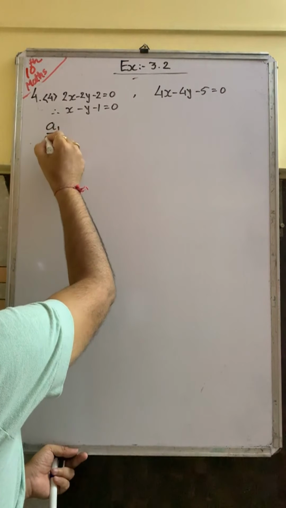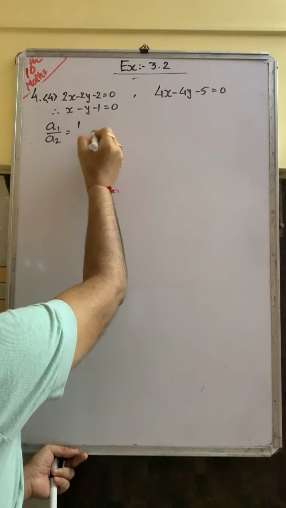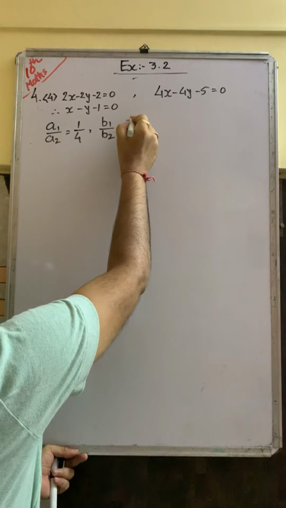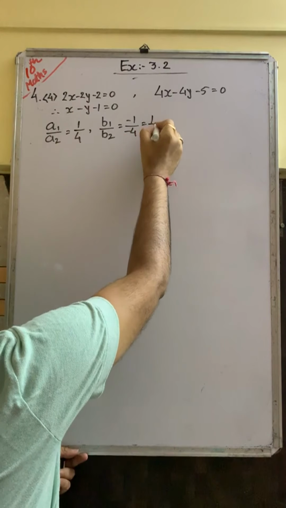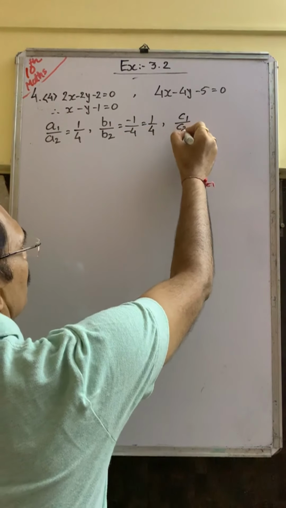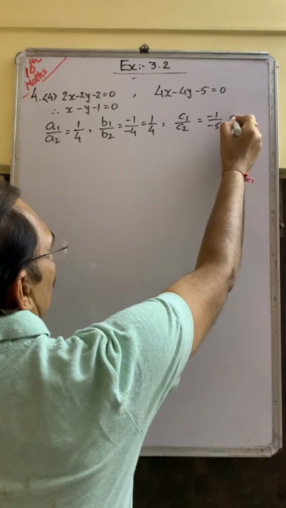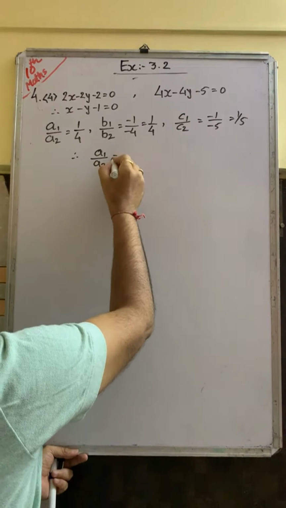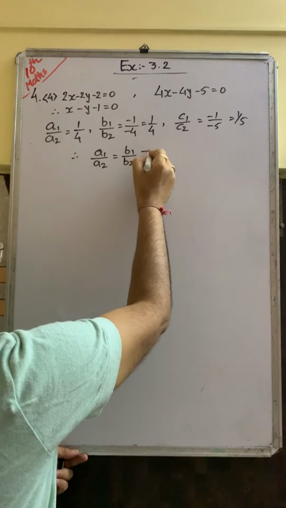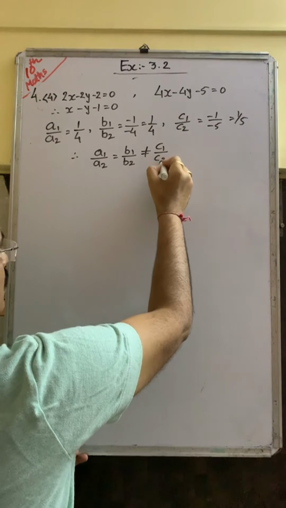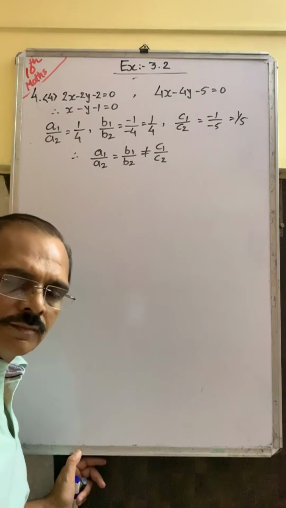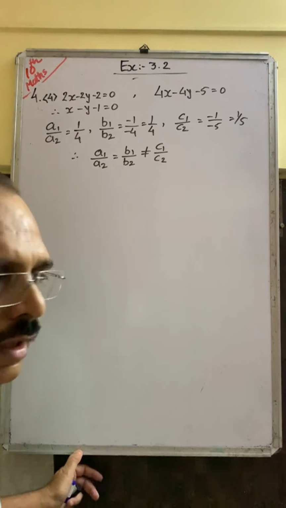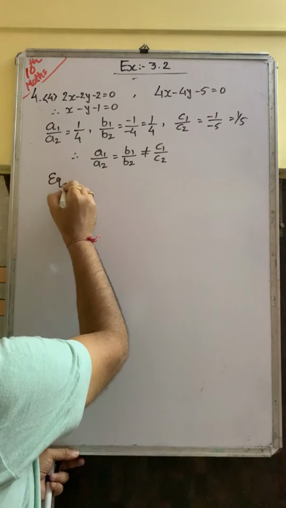Now, a1 upon a2, coefficient is 1 upon 4, b1 upon b2, minus 1 upon minus 4, that is 1 upon 4, c1 upon c2, that is minus 1 upon minus 5, that is 1 upon 5. So here the situation is a1 upon a2 equals to b1 upon b2, but it is not equals to c1 upon c2. It means what? Say, that means there is no solution. Equation has no solution,